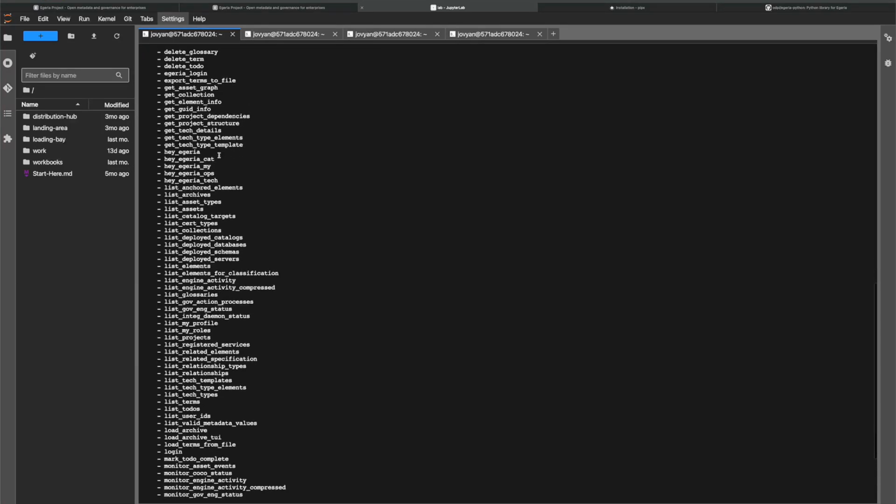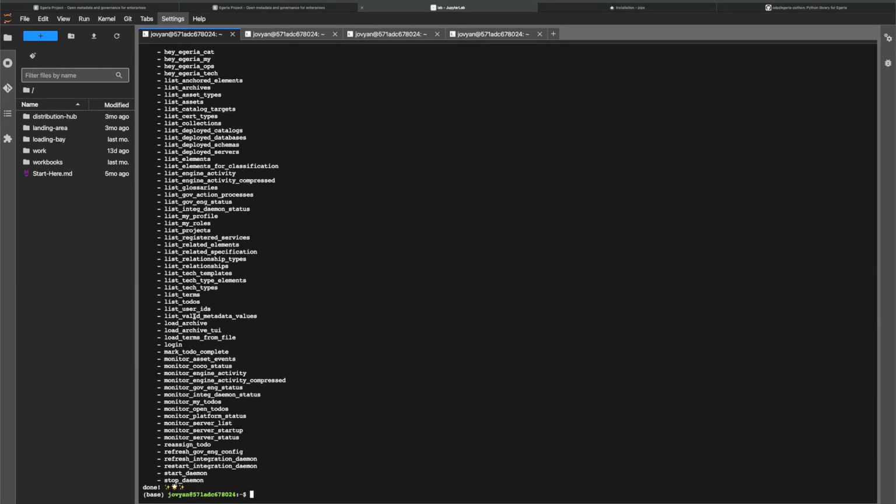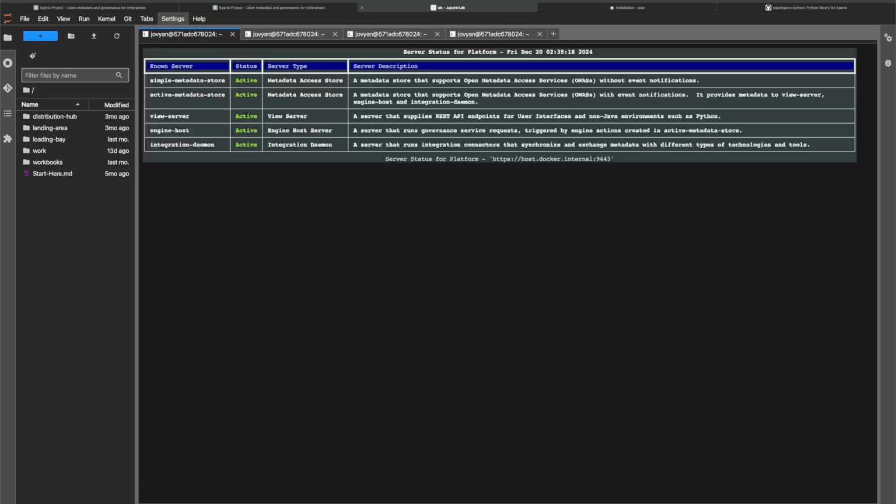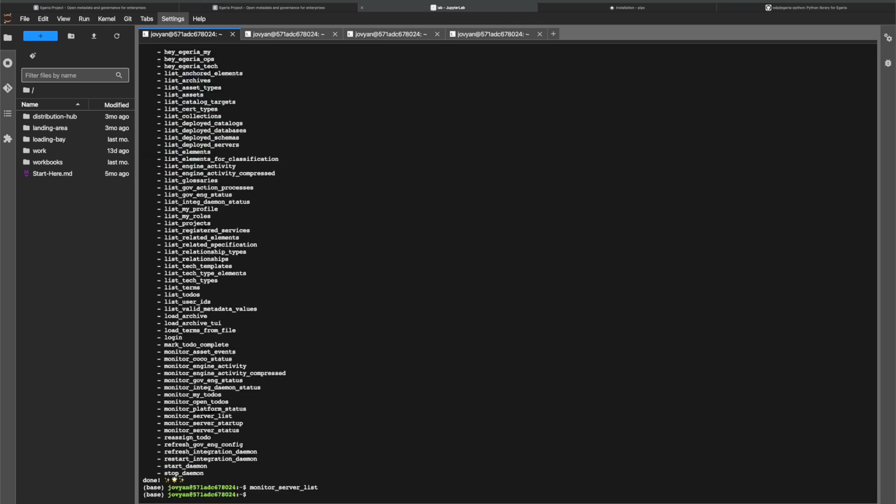Now, one other thing to note is that all of these are another way to execute the same functions that we have in Hey Egeria. So for example, I have a command here called monitor server status, which is a shortcut way of doing that same Hey Egeria command that shows us the server status. Same exact thing. Okay, so that's how we install PyEgeria, and to update PyEgeria when there's a new version, we simply say pipx upgrade PyEgeria,